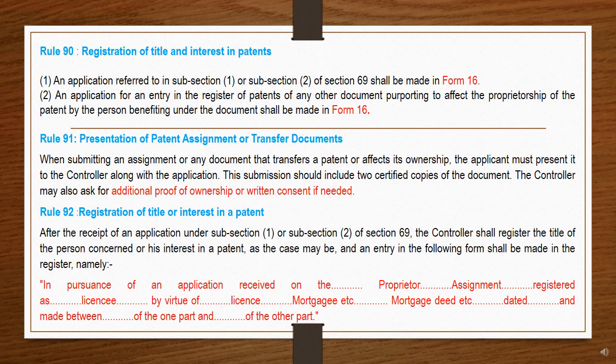An entry will be made in the register in the following format, like on application received on date, proprietor name, assignment details, registered as status, for example license or mortgage, by virtue of license, mortgage, deed, dated means date, made between party 1 and party 2.